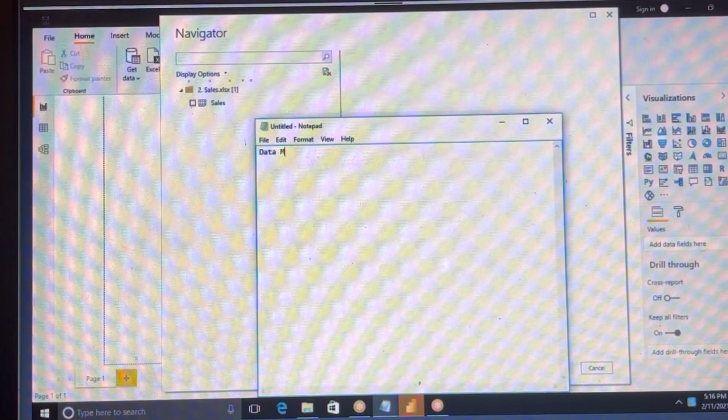Today we'll discuss data modeling and then basic DAX functions.